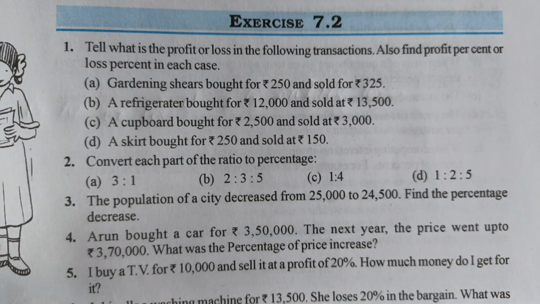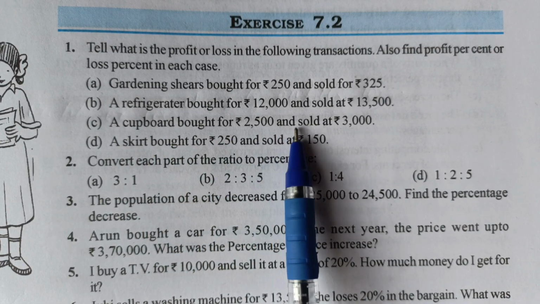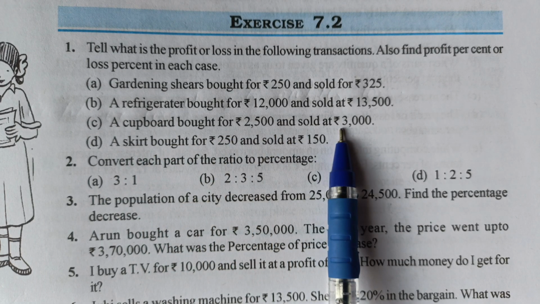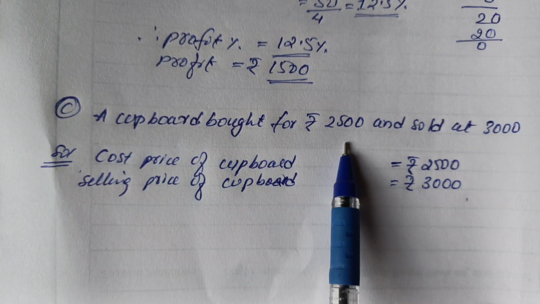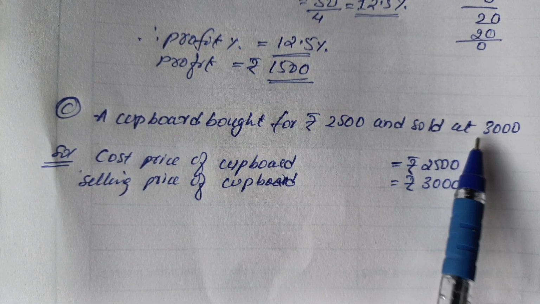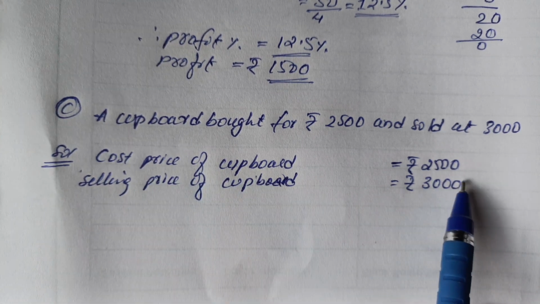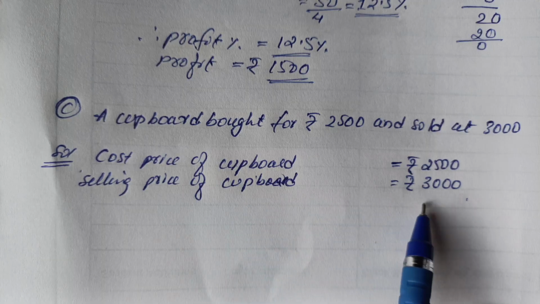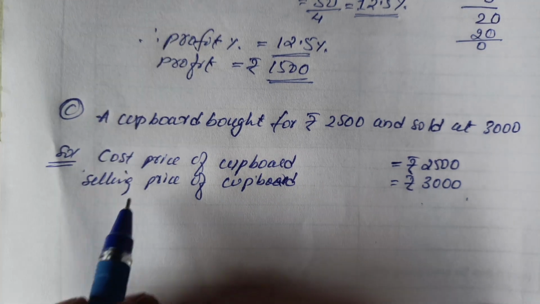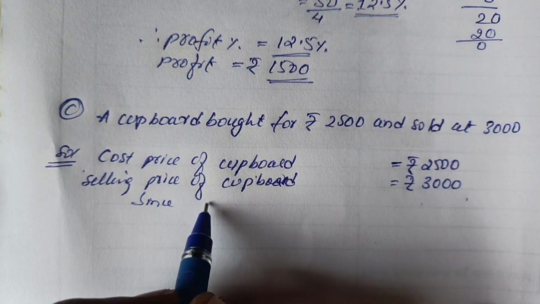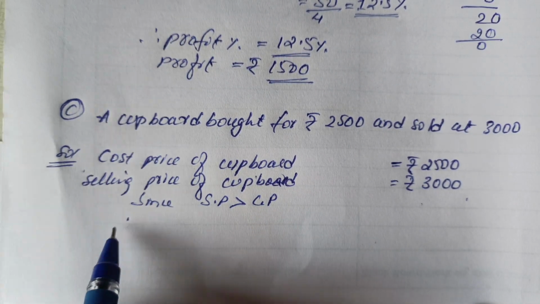So let's see part C. A cupboard bought for rupees 2500 and sold for 3000 rupees. Now let's write the solution. Cost price of a cupboard is 2500 rupees. Selling price of a cupboard is 3000 rupees. Since here selling price is greater than cost price, therefore there is a